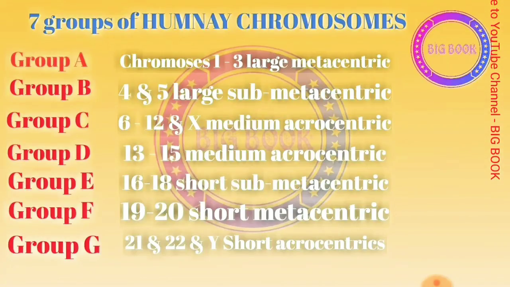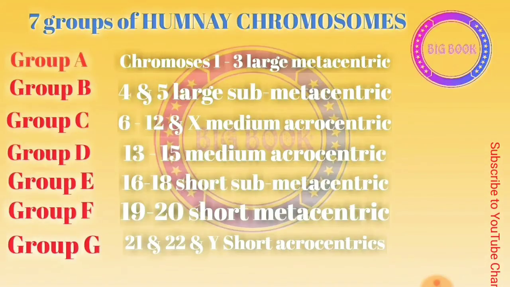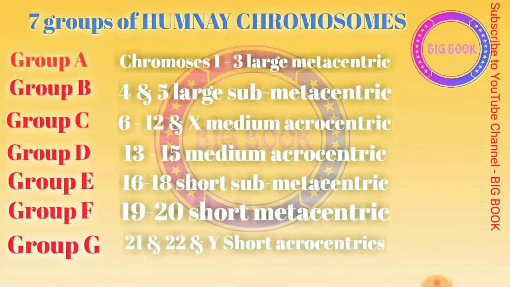Group C will have the X chromosome, along with 6, 7, 8, 9, 10, 11 and 12. These are medium sized chromosomes, so the centromere will be positioned a little more towards the P arm side, giving a longer Q arm. So in this group the X chromosome will be placed, because the size of the X chromosome